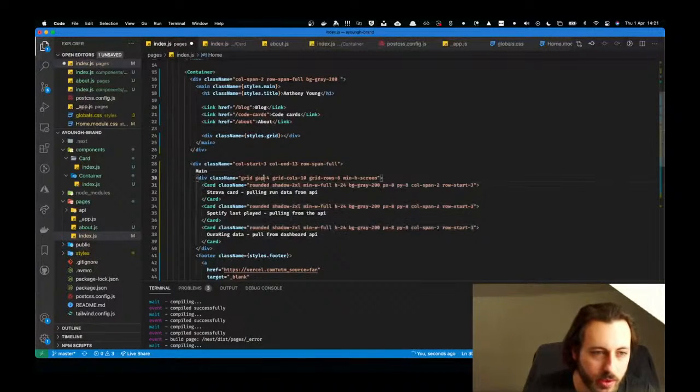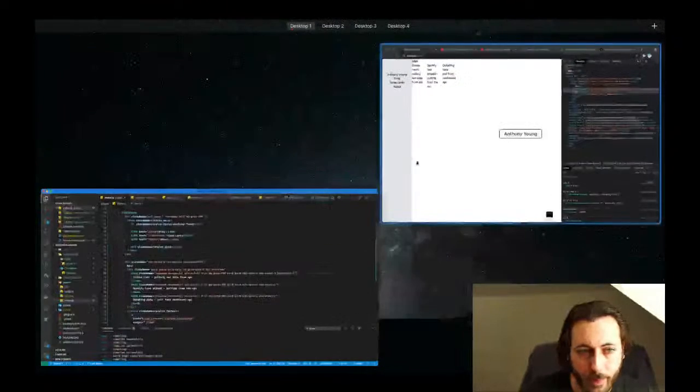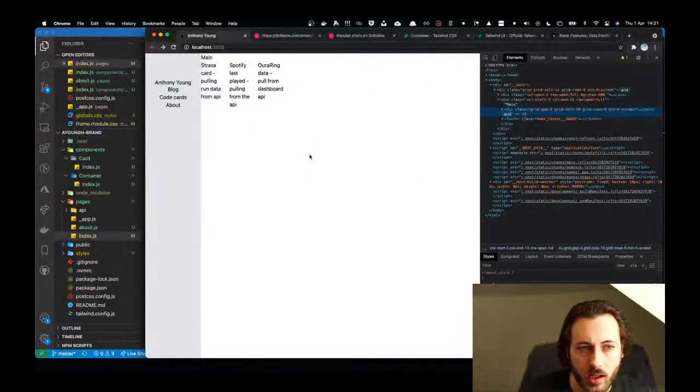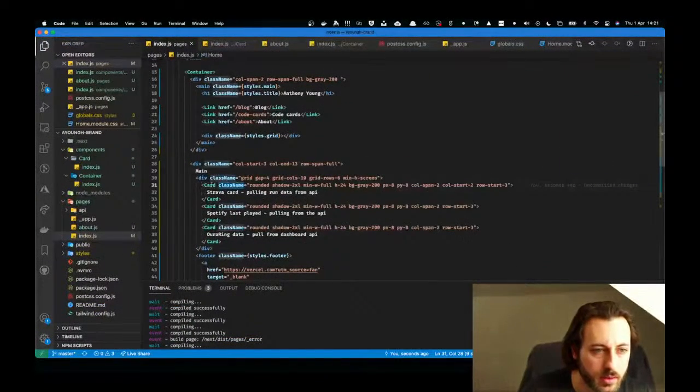So let's see. This is called grid, this is 10 columns across, and then this first card we're saying is col span 2, but it starts on row. And I think we can just do col start 2 as well. And maybe I should add the gray to the card. Okay, is that because, wait,